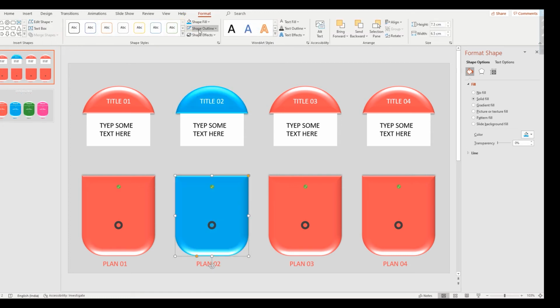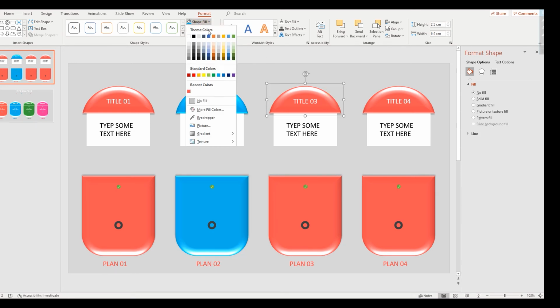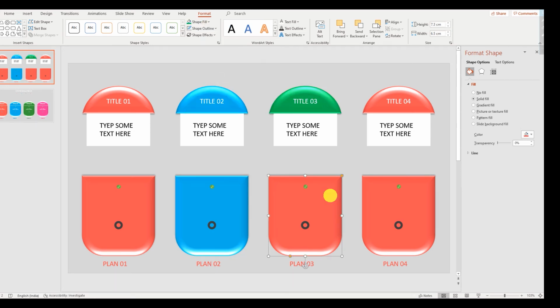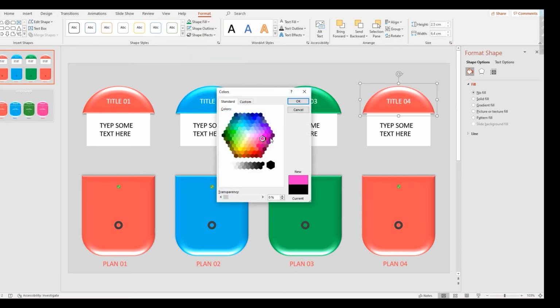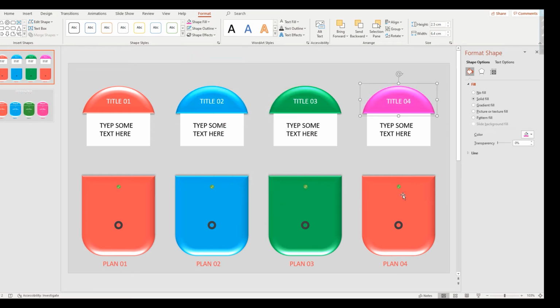One done, changing color. This is also green. This is also some, which color we need to put, pink. Okay, pink. Now we need to change the text color.